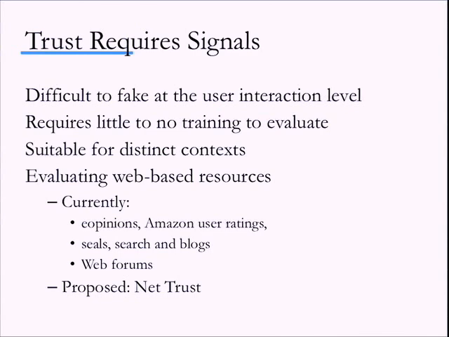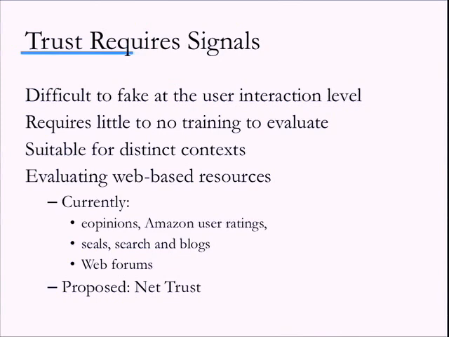Now, computer security and the social sciences have significant disagreements about the nature of trust. But across all domains, if I trust you, I am at risk if you misbehave or betray me. So trust is something that requires signals, because I can't trust everybody. I can't trust every website. I can't trust everybody to hold my wallet. I have to be able to evaluate people.